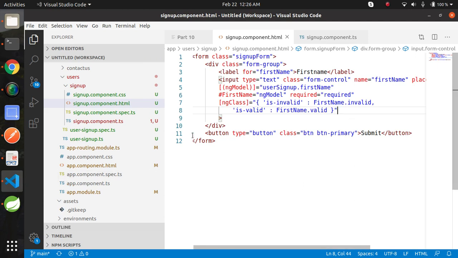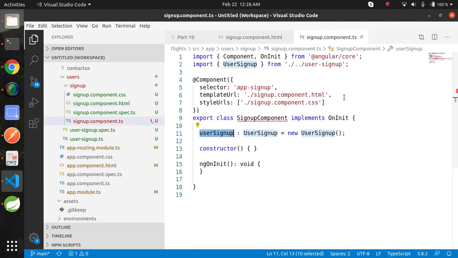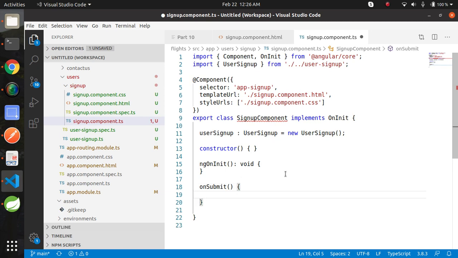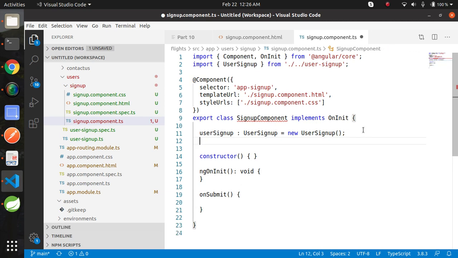Now first go to component and create a method onSubmit, and create a variable formSubmitted.